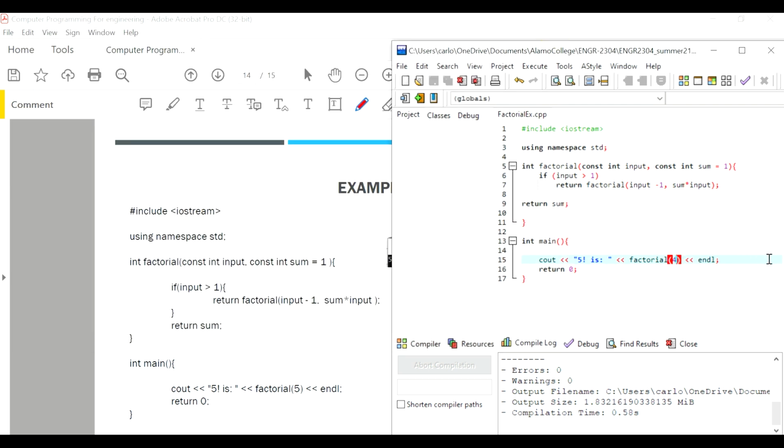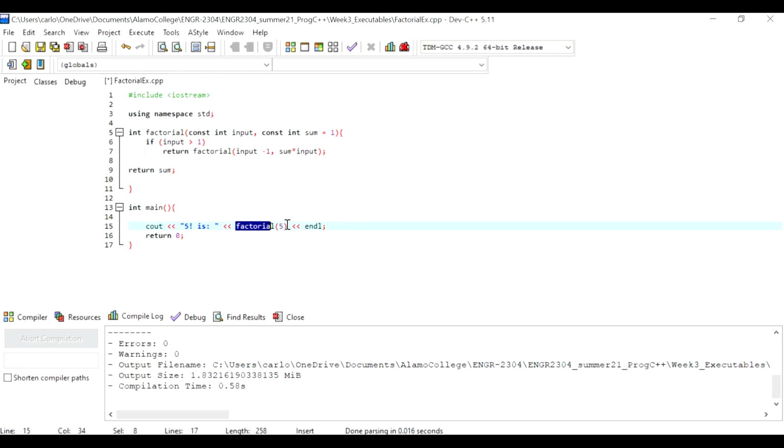So what happens here is that, let's go back to 5. I'm creating my function factorial, and what factorial does is that it basically goes to my definition of the function, and it says there are 2 inputs, but the first input needs to be declared, it's 5. The second input doesn't need to be an argument because it's already equal to 1. So if input is greater than 1, which it is, we're going to go back to factorial and put 5 minus 1, which is 4. It's going to be sum, which is 1, times original input, which is 5. And it's going to save that because you're going to return a sum,